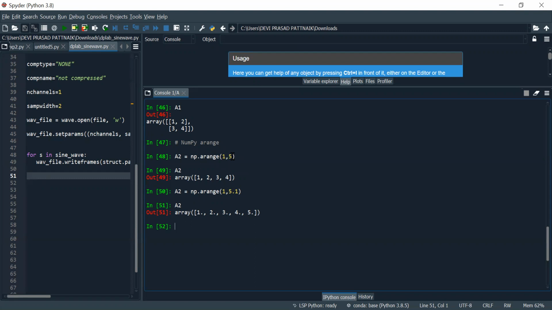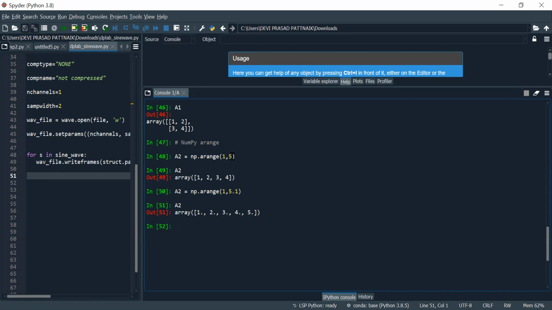5. Right? So if you want a single dimension array and you want the end value to be included, you should write some value which is greater than the end value.